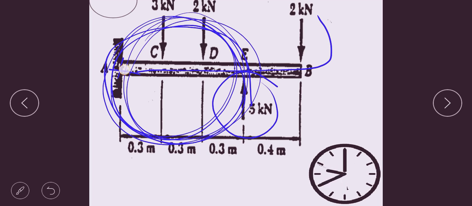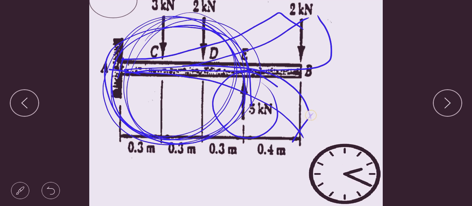So that means the metal will bend in this direction. The metal will bend in this direction. So the moment will be created in the anti-clockwise direction, or because of the downward force the metal will bend in this direction. Okay, so I hope you have understood the concept of anti-clockwise and clockwise moment.